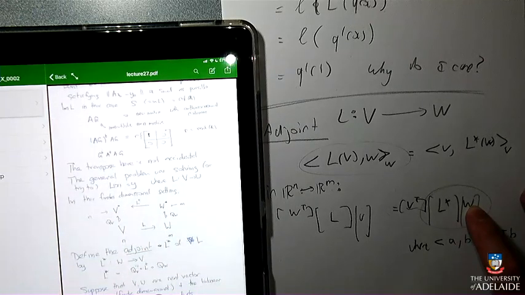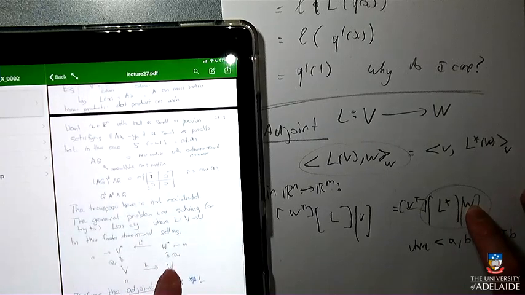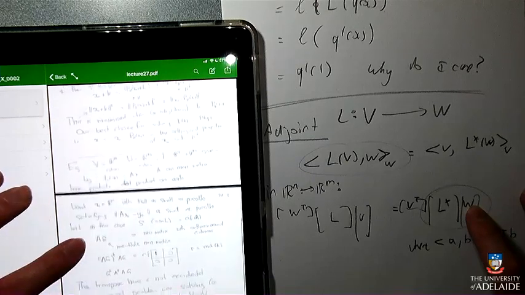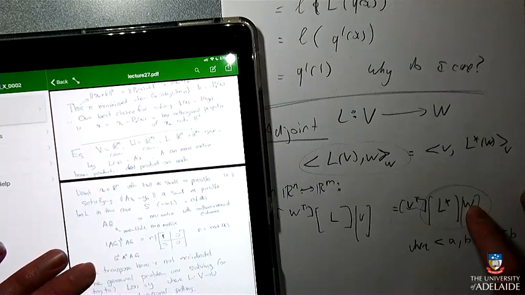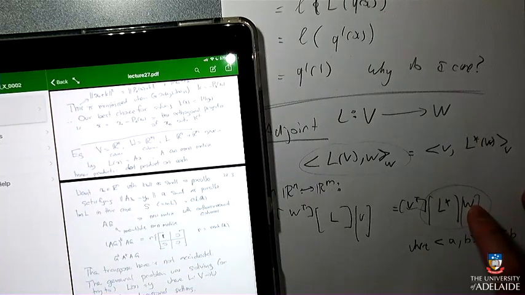What is QW? QW in that graph, with the isomorphism between W and W star. In our case, we're thinking of this W as a column, and this QW would be thinking of it as a row, because now it's in W star. And then L transpose is